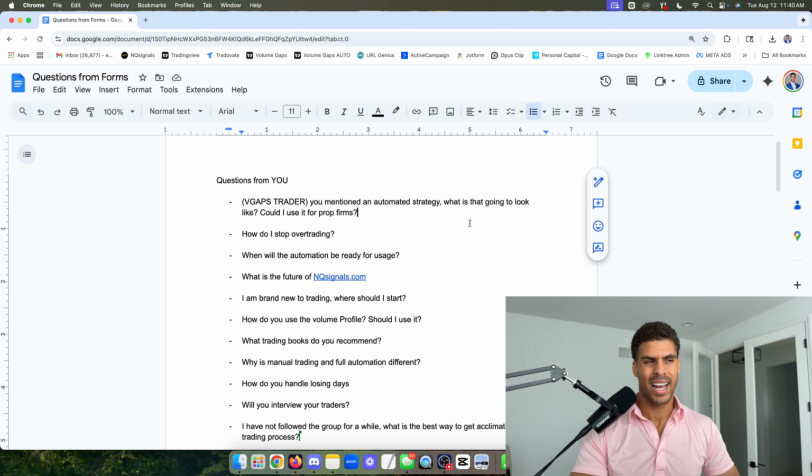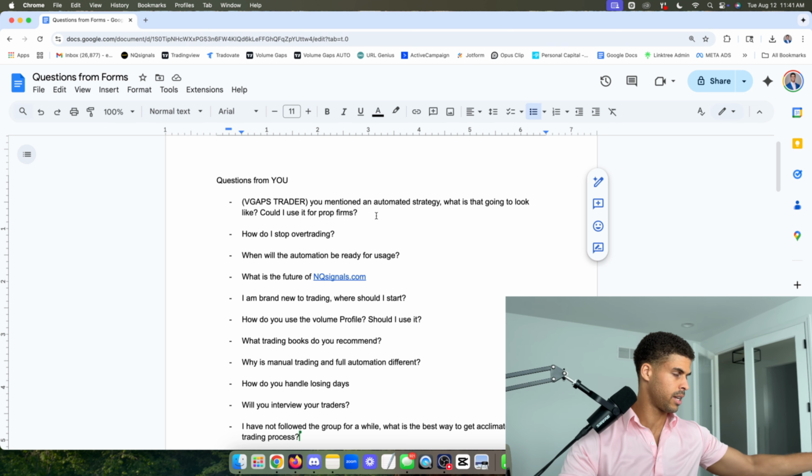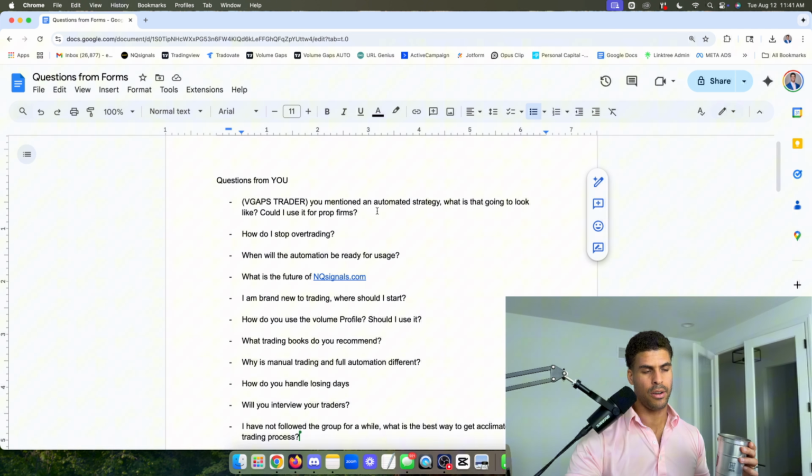So that's kind of what I think. I'm going to have to test that theory a lot before I'm comfortable saying that it can be used in funded accounts. But for evals, you could just set it and forget it. And then obviously for your own funds, that'd probably be the best solution. But I do think that maybe with prop firms we could get away with it, because I just don't know that any of these firms truly care that much as long as you're following the rules and you're not doing anything crazy. And a lot of firms do allow you to use bots too. So it's not like it's the end of the world if we did use one in a funded account.